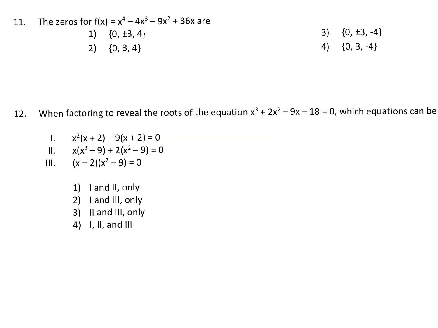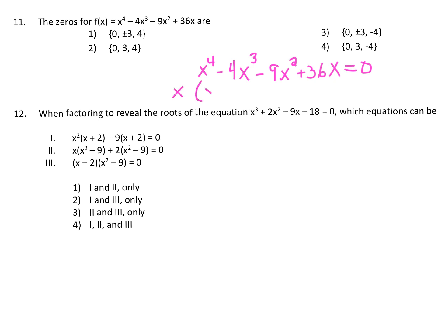Okay, number 11 wants us to find the zeros. Now, I'm going to do this algebraically, and then I'm going to check it graphically. So if we want to do it algebraically, in order to find the zeros, all you do is you just take this expression right here and set it equal to 0. Okay, so what we're going to do is we're going to factor and make a t-chart. Now, when you look at this, the first thing you'll notice is that every single term contains an x. So we're going to factor out the greatest common factor of an x,